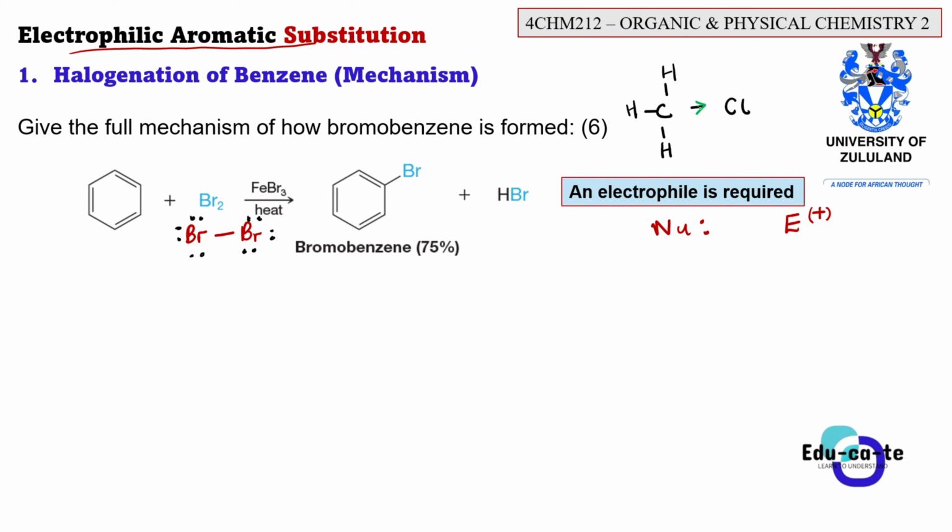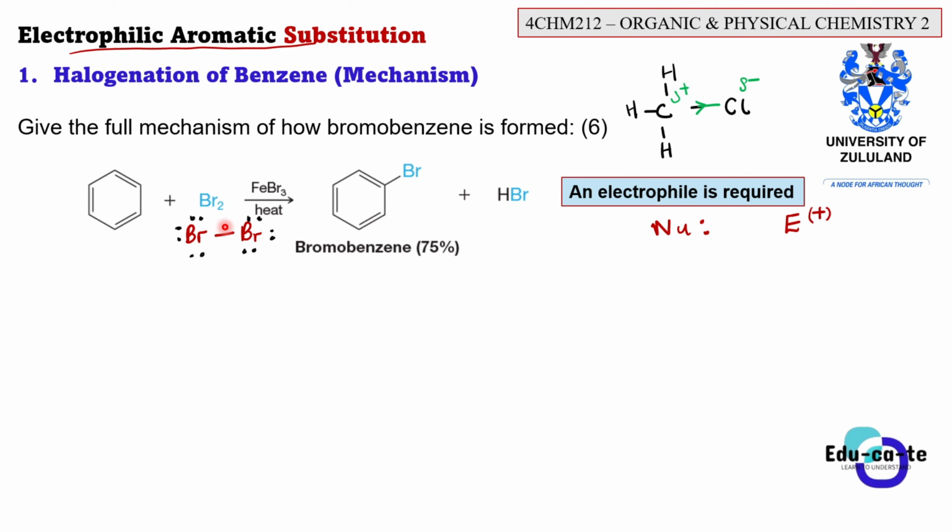The electrons are always pulled closer to the chlorine, making the chlorine slightly negative and the carbon slightly positive. So how would we refer to the carbon in chemistry terms? This carbon is electrophilic because the electrons are being pulled away by this chlorine. This chlorine is nucleophilic. This carbon is electrophilic. So when you're talking about an electrophile, we only have an electrophile when one atom is pulling electrons more than the other one.